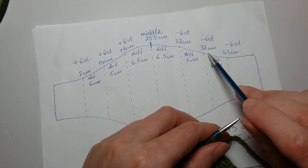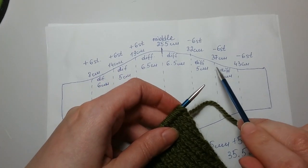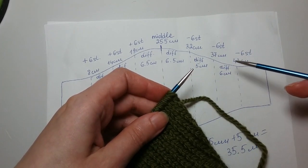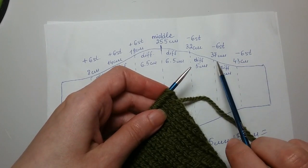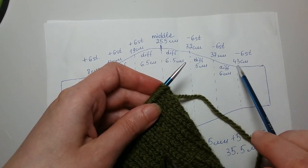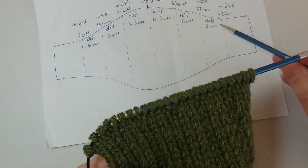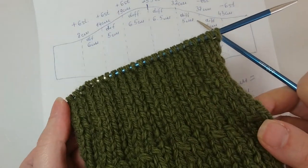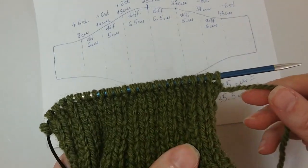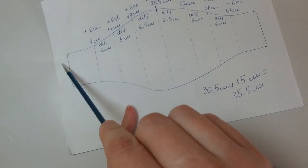I knitted, guys, until 37 centimeters. So now we will have to decrease for another 6 stitches like we did it previously, and we will meet with you again at 43 centimeters, and there we will do the last decrease. I knitted, guys, until 43 centimeters, and I'm on the back side to make the last decrease of stitches. So I will do that decrease, and I will be knitting like from this side